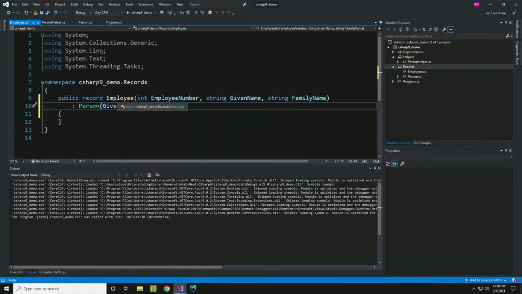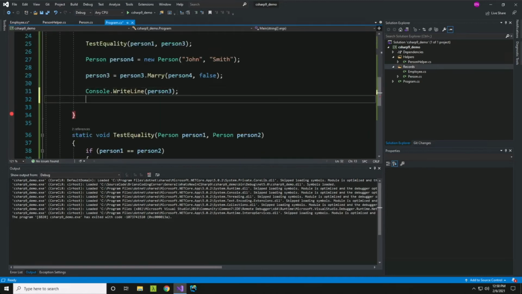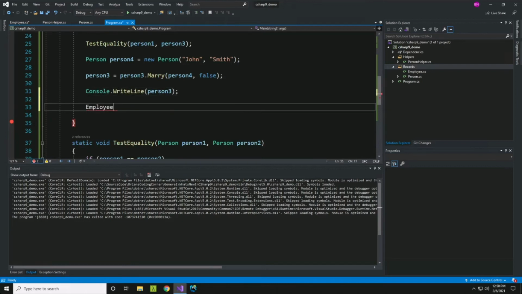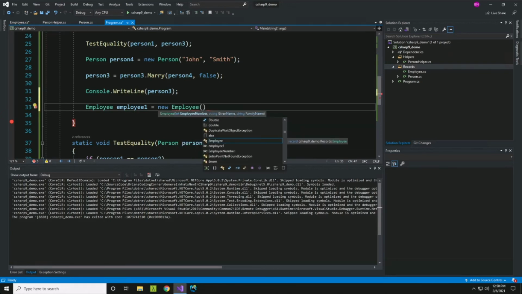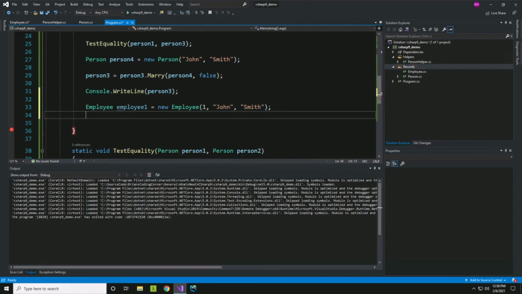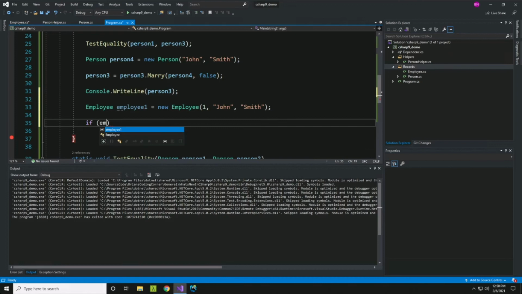Now we have a new record, employee, and it extends person. So it should now have an employee number, a given name, and a family name. So let's go back here and let's create an employee. And a number of 1, and we'll just do John again, Smith. And then what we can see here, though, is if we say if employee 1 equals person 4,